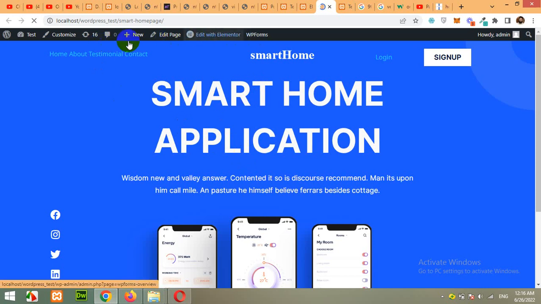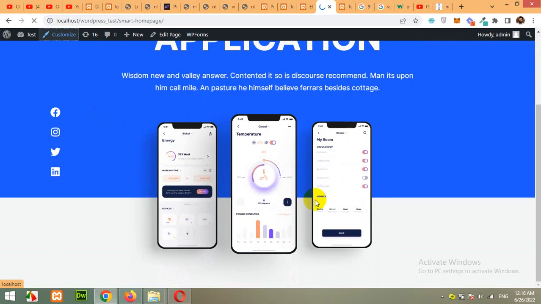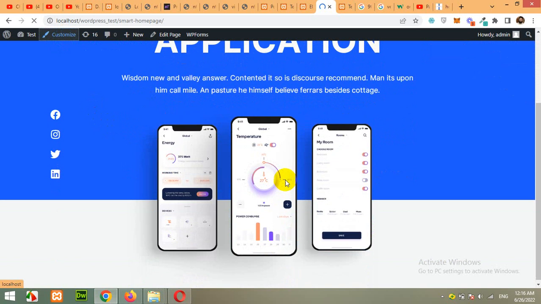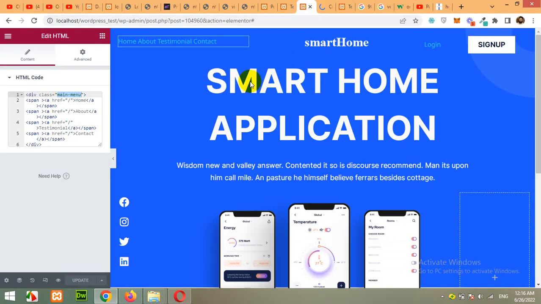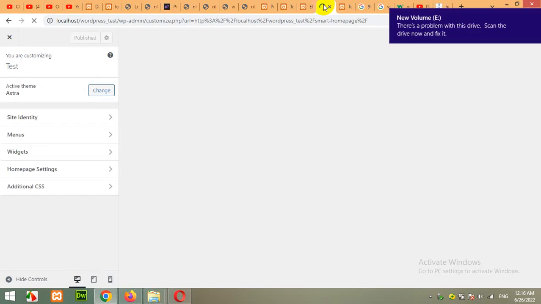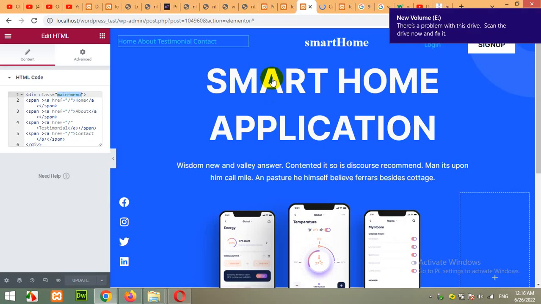Now click on customize to access the CSS. You can add custom CSS in the customizer even if you do not have access to the pro version of Elementor. So you can see this is pretty good. The home page looks pretty good. You can manage the sizes, like this one have maybe the font weight is about 400 or 300. So we will also change that by clicking on this. While the customizer is loading, let me show you how to change the